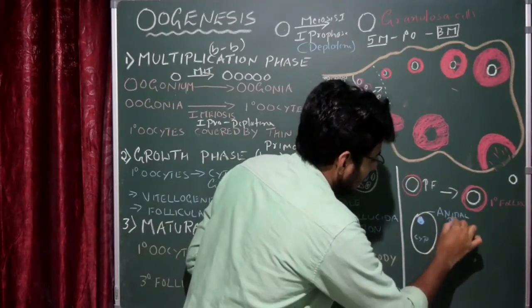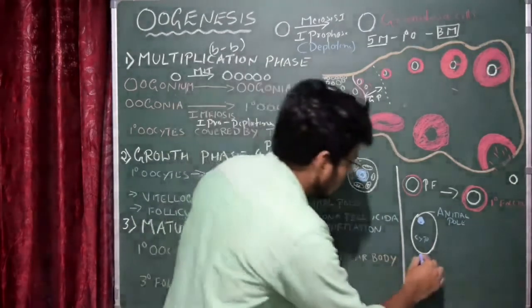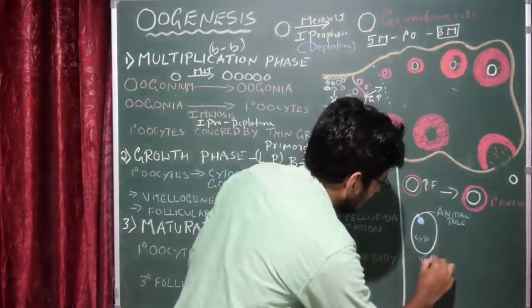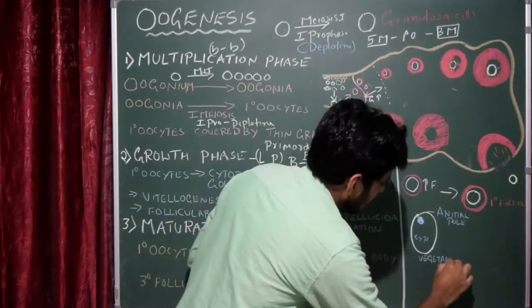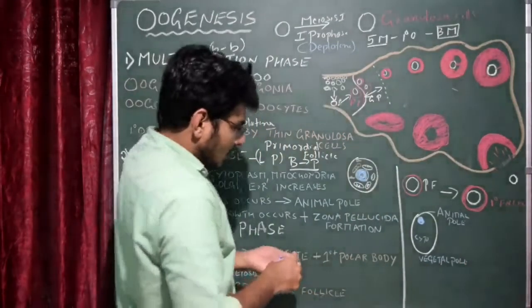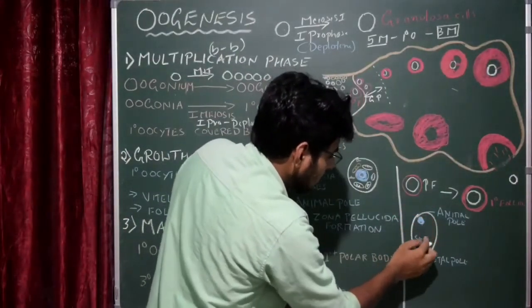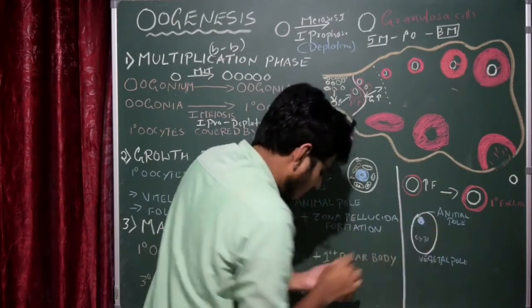Animal pole. And the side where the cytoplasm is a bit more, that is called the vegetal pole. Hope it is visible to you. Vegetal pole, animal pole, and vegetal pole. Now you could see here in the animal pole, what happened is that a small layer